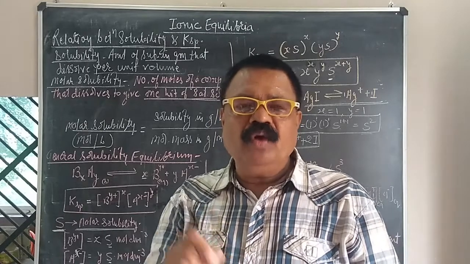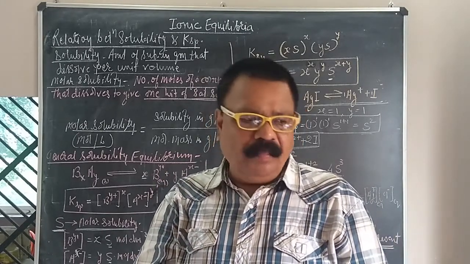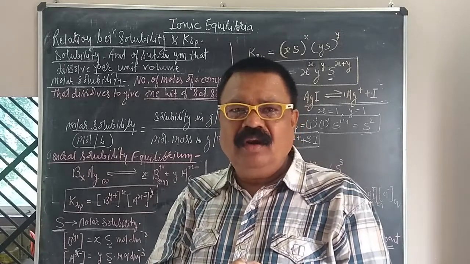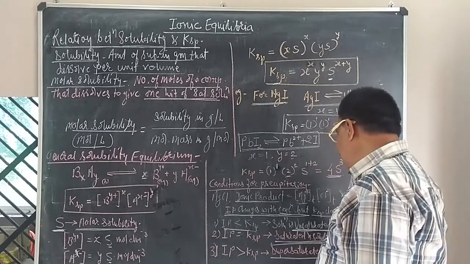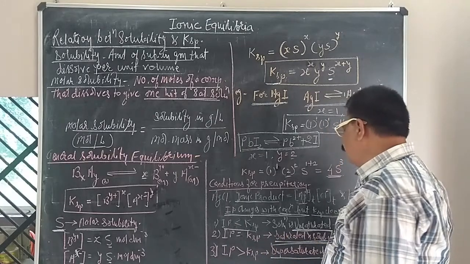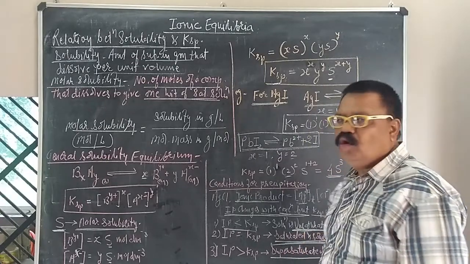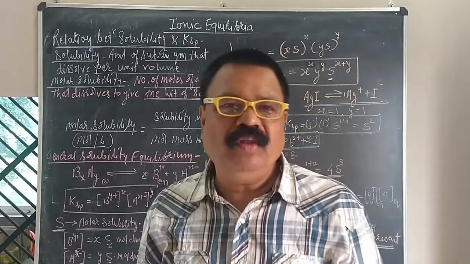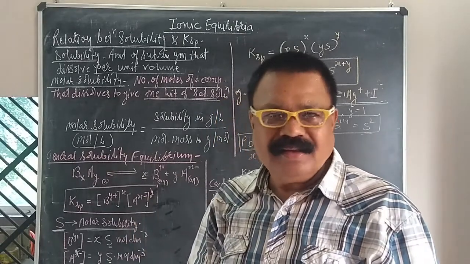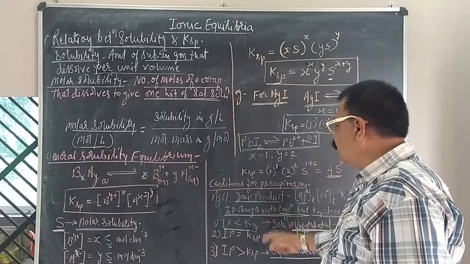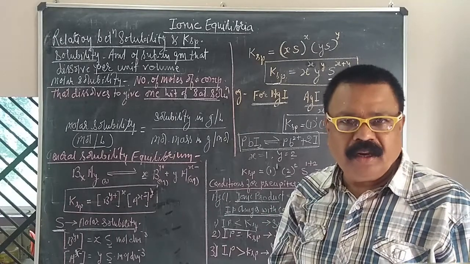And when the ionic product is exactly equal to the KSP, then it maintains the solubility equilibrium. It becomes the saturated solution and the solubility equilibrium is present over there. It exists, the solubility equilibrium. Clear? समझ में आ रही है? So these are the very important conditions for the precipitation. ठीक है? समझ में आ रही है?